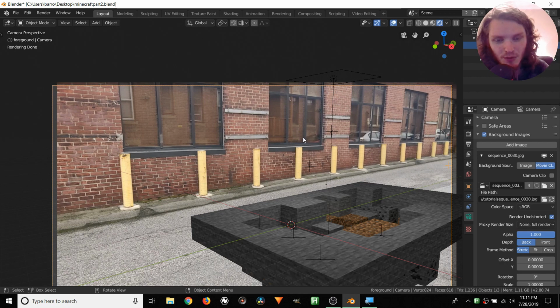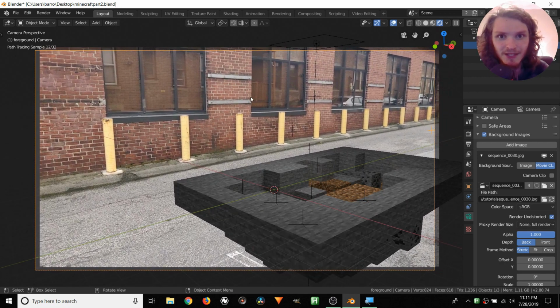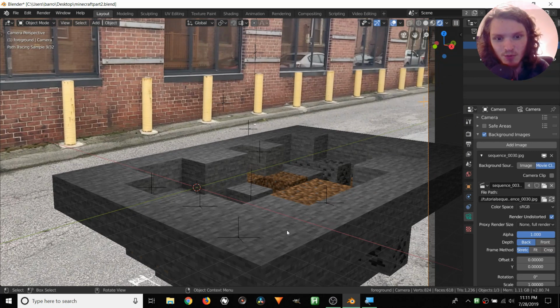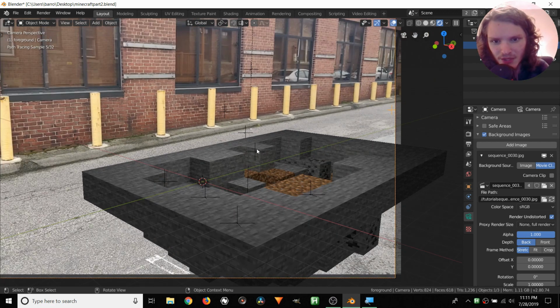And the point is, we want to take this and also render an image sequence again, but this time the undistorted version. And the reason I want to get rid of the lens distortion is when we put the texture on top of the crater in the areas that we don't want to see, we want to make sure we're using this undistorted version. It makes compositing easier, so that's why we need it.